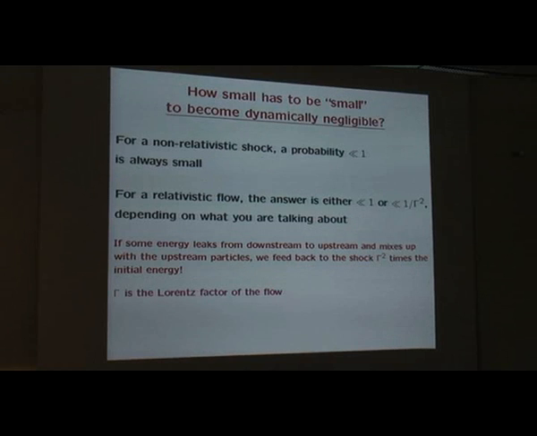So if you have a relativistic shock and you manage somehow to extract energy from downstream and put it into upstream, it's more or less obvious that when it comes back to downstream, it enhances this energy by a factor of Γ squared. So extracting a small fraction of energy from downstream and putting it in the right way into upstream, you can, in principle, increase the energy in several steps up to very, very high levels. And this is basically how the mechanism I'm talking about